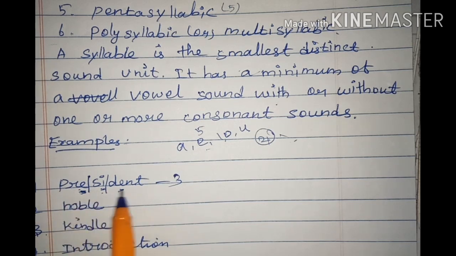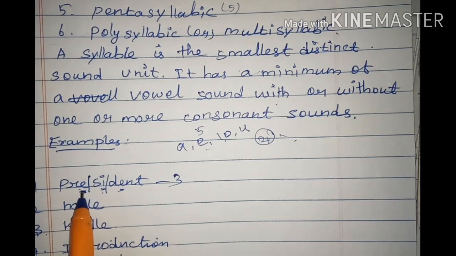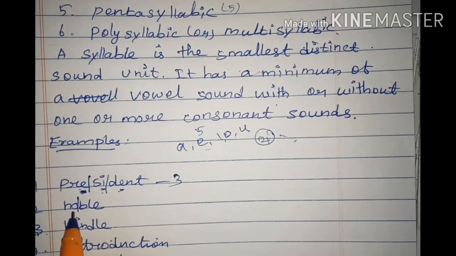Okay, here president. I split the word into three because pre is the first unit. So one syllable, and in the syllable they have given one vowel. Then precedent, this is the correct stress to stop at while pronouncing the word. Then see next, noble. Noble is a two-syllable word. Why are they asking for two syllables? Here they have given no, bell. No is one syllable, bell is one more syllable. So here they have given two syllables.